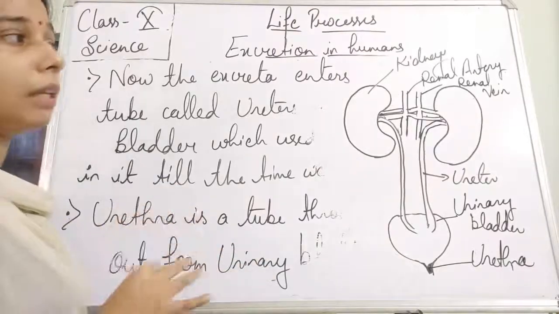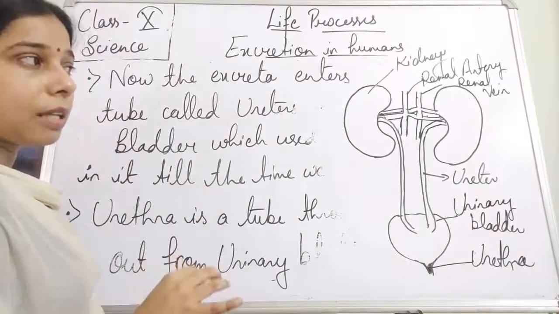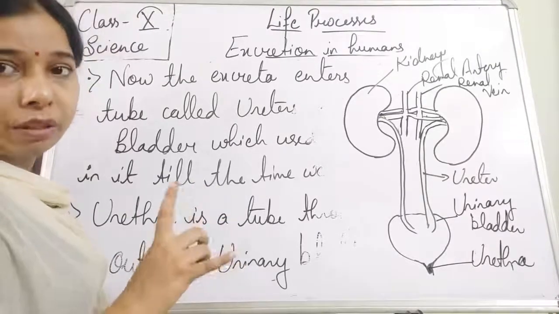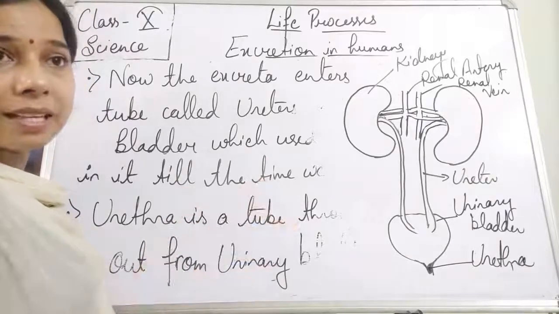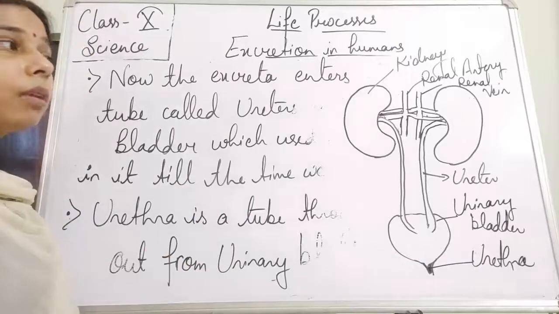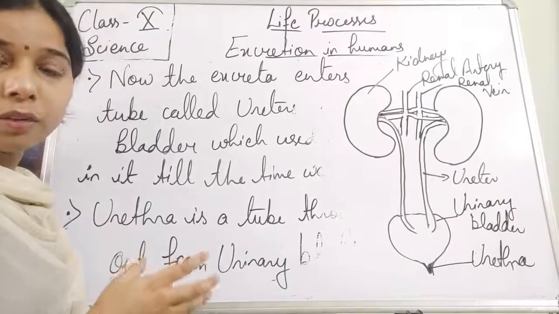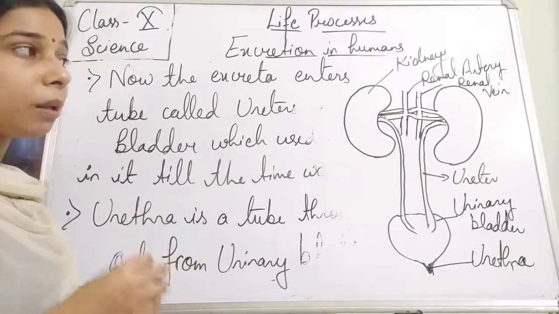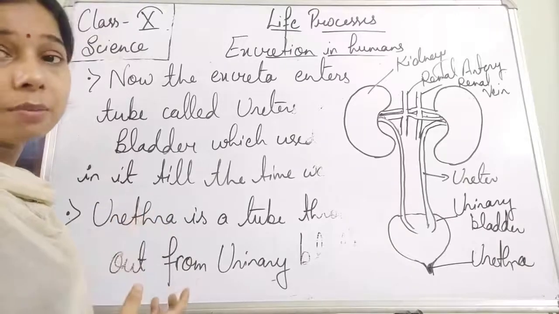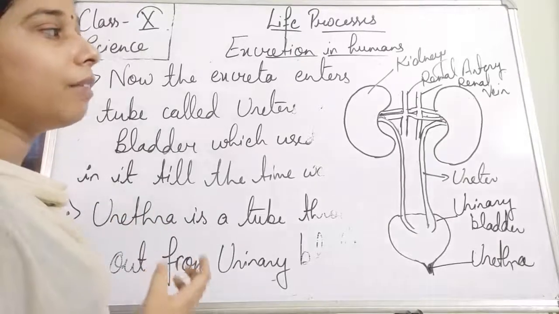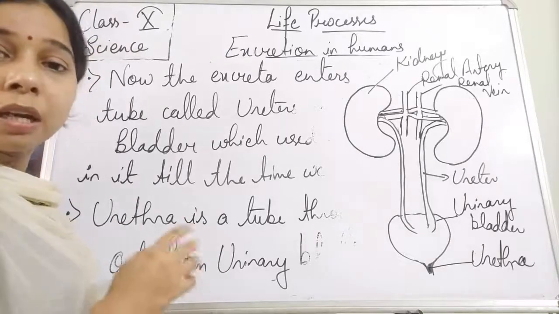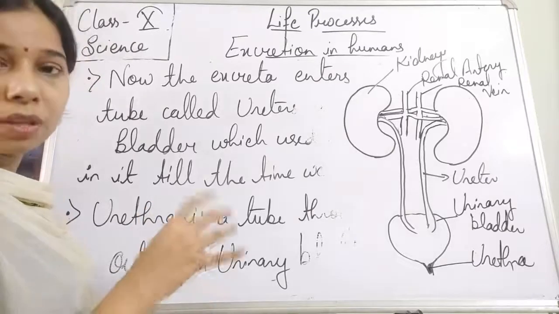So we can say that the renal artery is carrying the waste substances along with the blood to be purified. It means the blood which does not consist of waste material. Remember that we are not talking about oxygen or carbon dioxide, meaning gaseous waste material. We are talking about solid waste like urea, and liquid waste present in the liquid substance. So the blood consisting of urea, other waste salt and excess amount of water gets purified with the help of the kidney, and that is carried by the renal artery, and after purification it will enter into the vein, that is the renal vein.